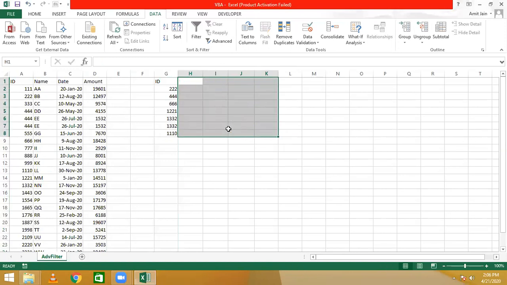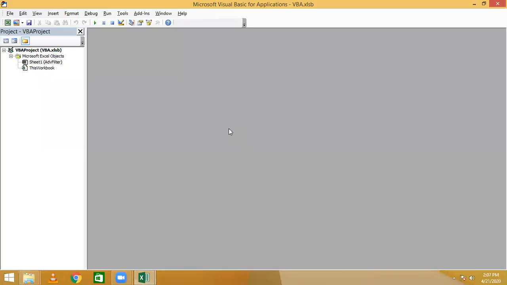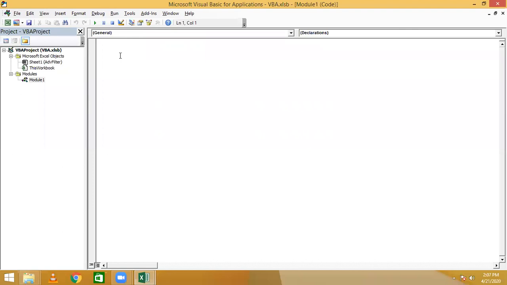Now let's start with how we can use advanced filter using VBA. We'll press Alt F11 to go to the editor window. Now we will go to Insert, Module, and here we will write the code for advanced filter.